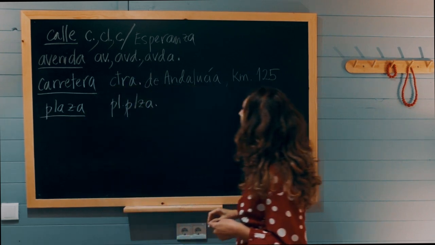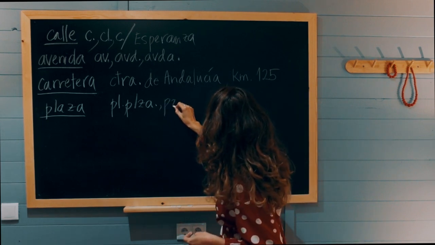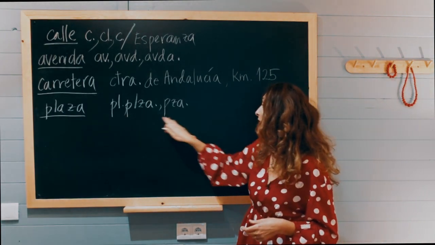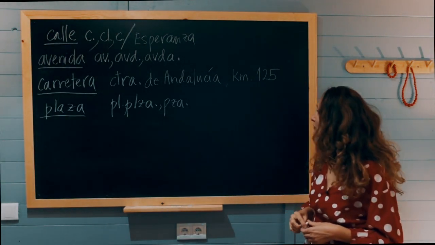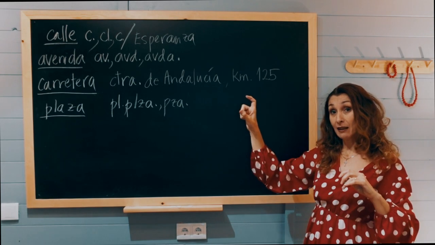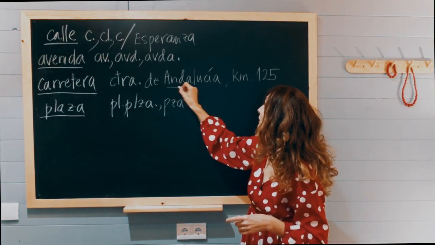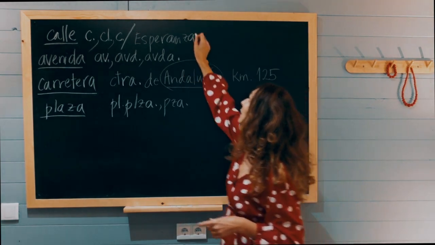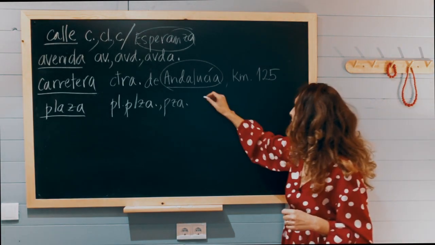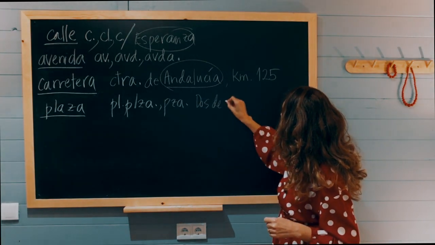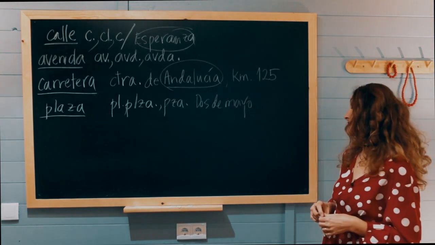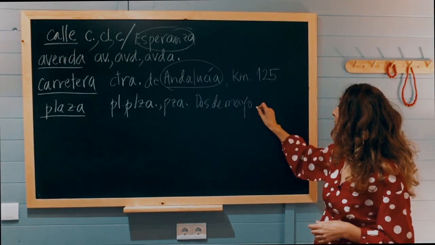I think I've seen also plaza, P-Z-A. Okay, so if you see any of these, it's plaza. Okay, all of these abbreviations will be at the beginning of that second line. Okay, followed then by the name of the carretera or the street or plaza, I don't know, Plaza 2 de Mayo, for example, Plaza 2 de Mayo. Okay, 2nd of May, or May the 2nd, Plaza 2 de Mayo, and then you will have